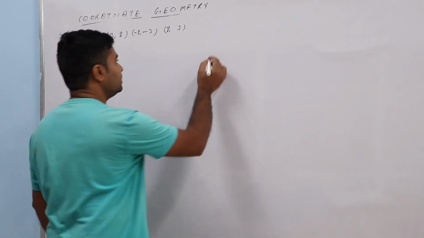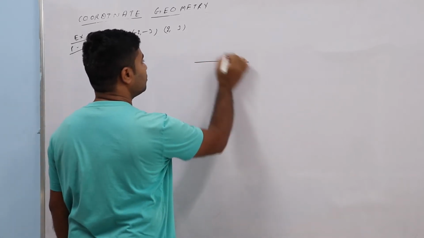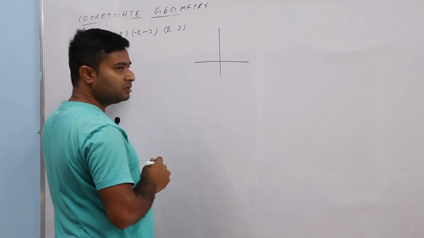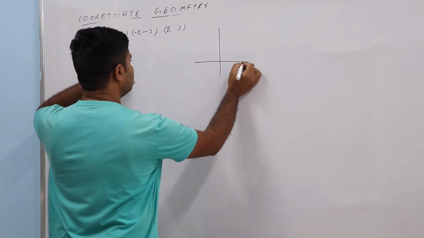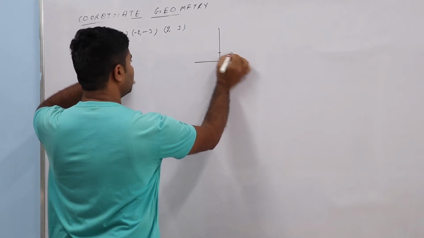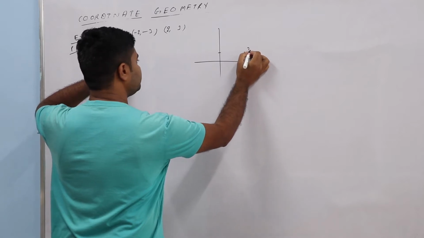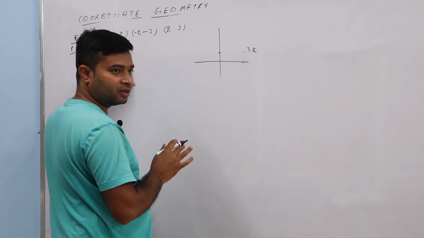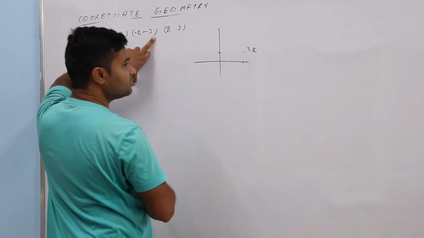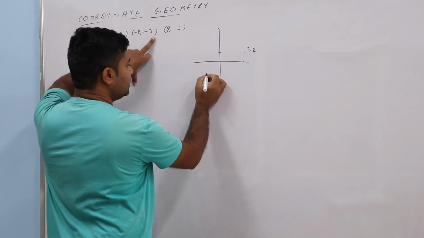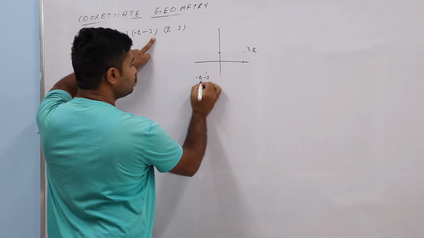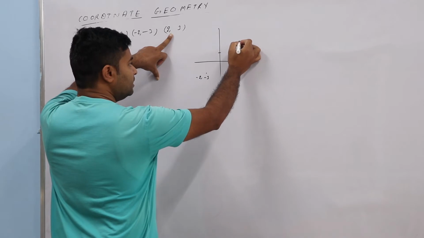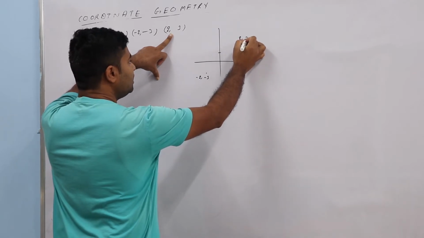So let's simply represent it on the coordinate axis. The first point is fully positive, so I'm assuming here 3 will come and here 2 will come, right? So one point here, I'm assuming (3, 2). This is rough work, no need to take a scale and pencil. Achha, one point is here. The next point is (-2, -3); in this coordinate it will come. Then (2, 3), again in this coordinate only, but somewhere here, right? This is the rough work.